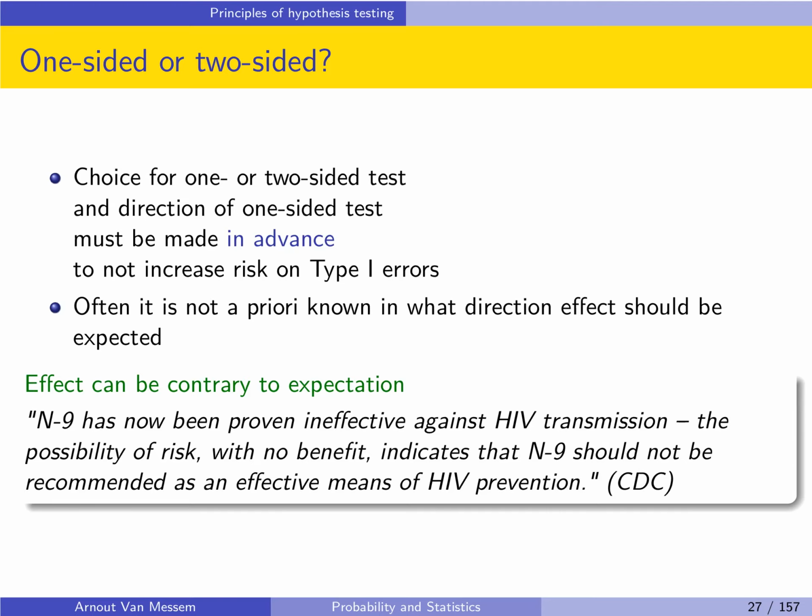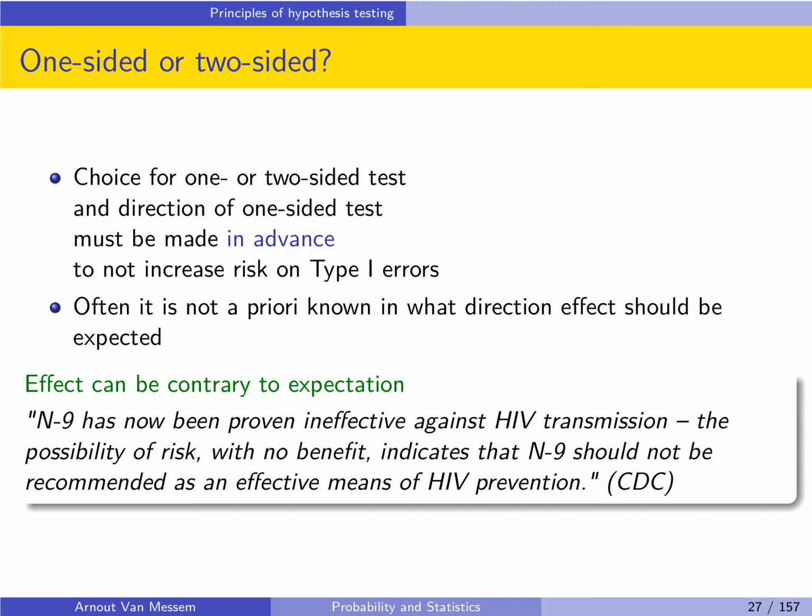What they did here, or what they wanted to test, is a medicine against HIV transmission, and they had expected that it would be a positive result. So preliminary studies had indicated that it might be effective, but once they did the test on a larger scale, so they collected the sample, they performed the test, then it became clear that after all there is no effect. So you can expect an effect, but your test might prove you wrong,